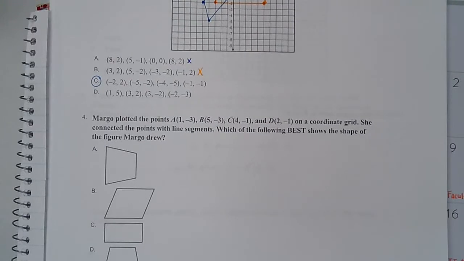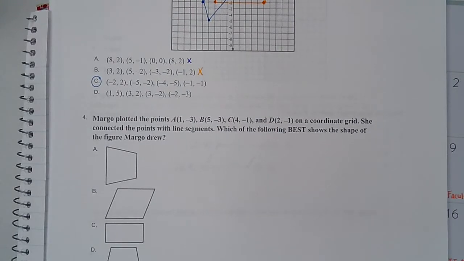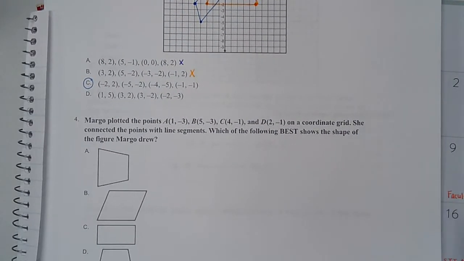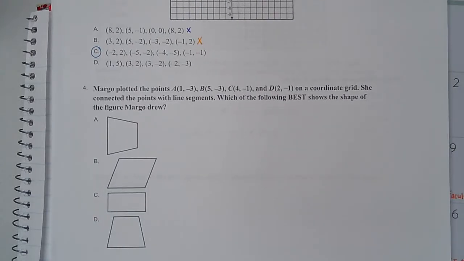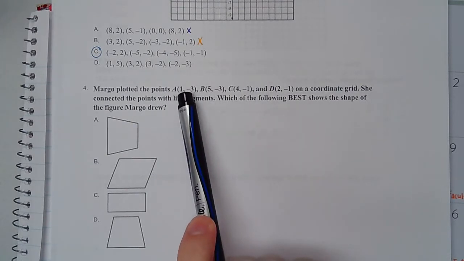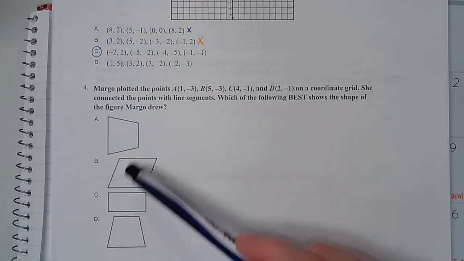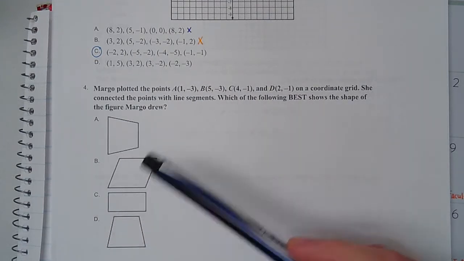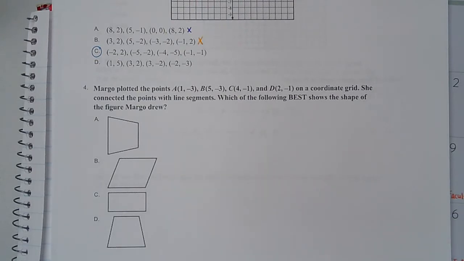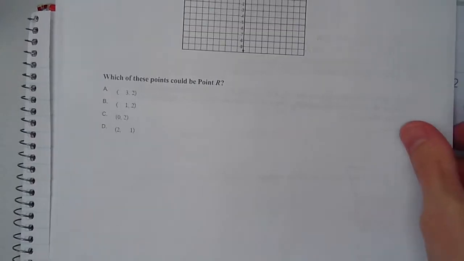Margot plotted the points, all these points right here on a coordinate grid. She connected the points with line segments. Which of the following best shows the shape of the figure Margot drew? Okay, so once again, for the sake of time, I'm not going to do this one step by step with you. All you'd have to do is plot all 4 of these points, connect them, and then it'll show you which shape you've made. So you'd have to draw that one out and connect them to see what it gives you. All right. Next one,